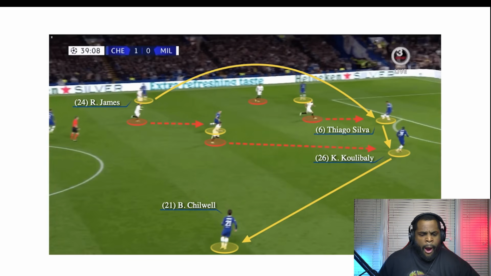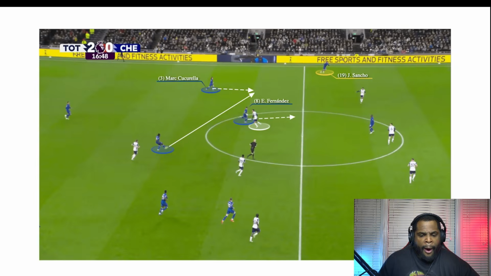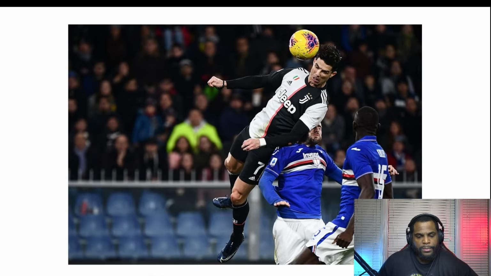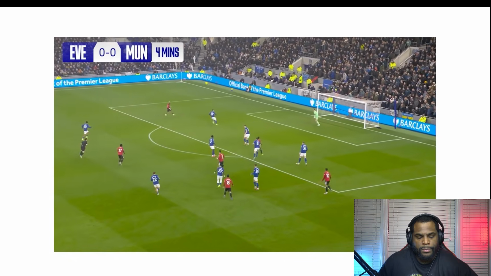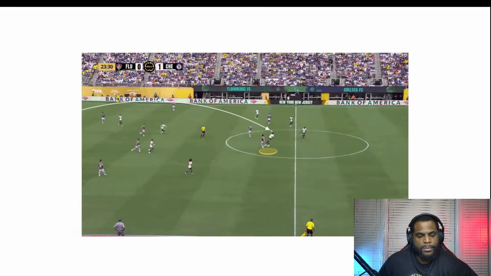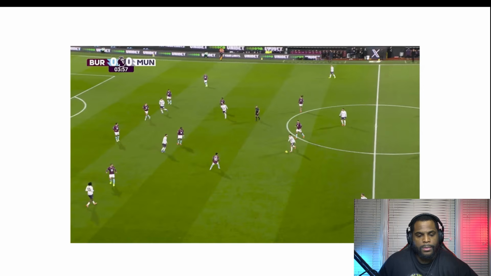A strong center forward might be used as a target man, jumping for headers, holding the ball up and laying it off to onrushing midfielders. This style can look basic, but it's very useful in bad weather, on poor pitches, or when facing a